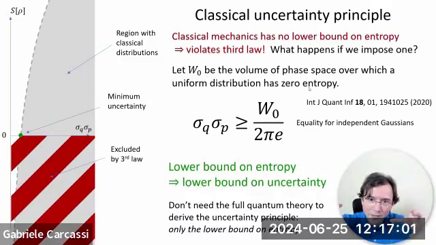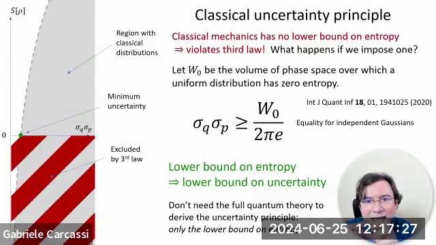At some point, we take the volume, we shrink, we have a uniform distribution. At some point, we are going to hit the zero entropy. So let's say that volume is W0. If you now try to find what is the uncertainty allowed by an entropy given by that same volume, you find that the